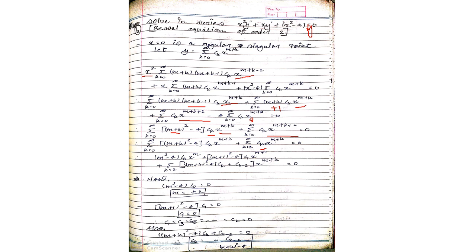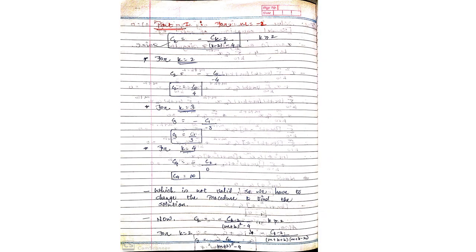Okay, now you have to find m1 and m2. m1 will be for the smallest root only. So the smallest root is minus 2, right? So m1 is minus 2 and m2 is plus 2. Now you have to do m1 minus m2, that is minus 2 minus 2, that is minus 4. So minus 4 belongs to Z, it means case 3 will be applicable. Okay, now go for the next. Now you have to apply it, and we will apply it for the smallest root only, which is minus 2.